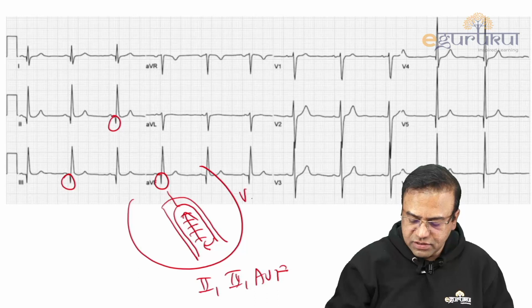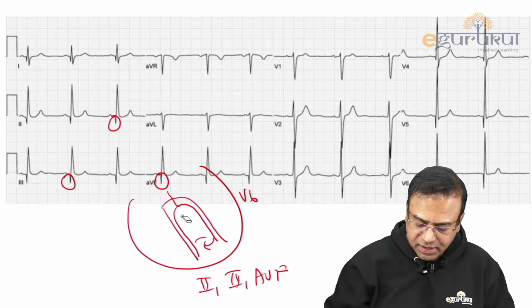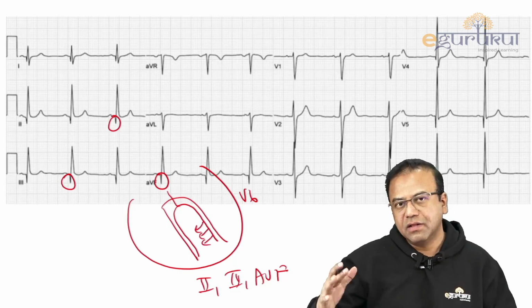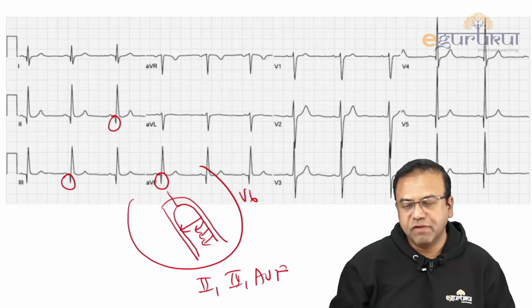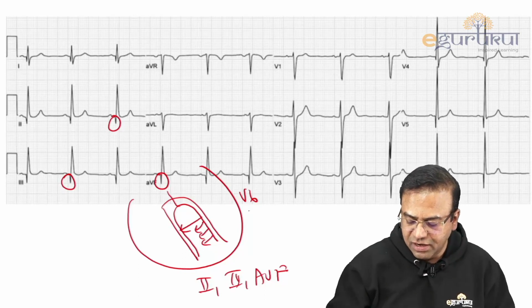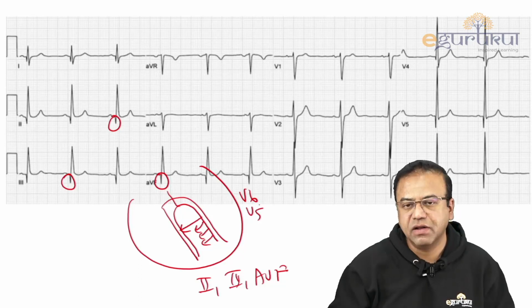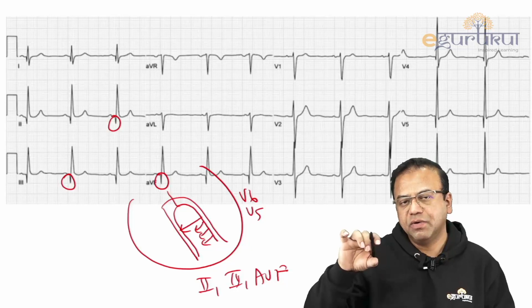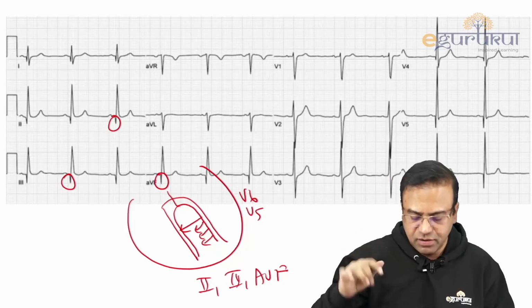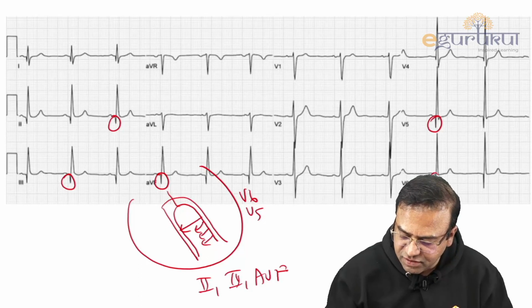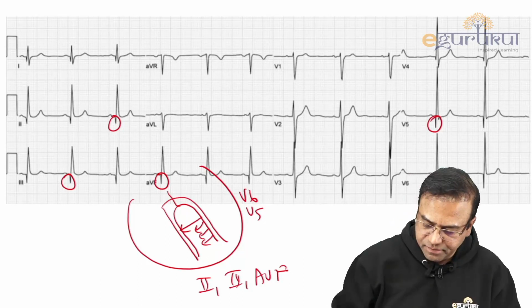Also you notice V6, for example. Don't forget that the septum, the current in the septum mainly comes from left bundle, goes towards right bundle. The thicker the septum, the larger the current is going from left to right, making the left ventricle leads, the V5, the V6, the lead 1, the AVL, all the leads looking from the left side, they'll start showing a Q wave that is more important, more significant. So you can make out, especially the lateral leads, the V5, the V6, good amount of Q wave